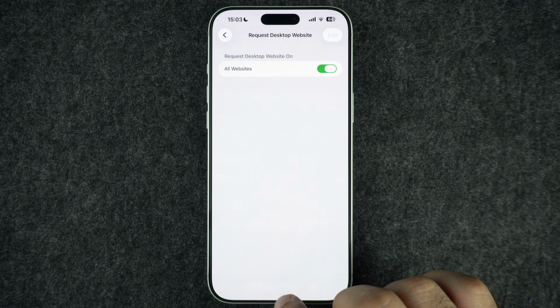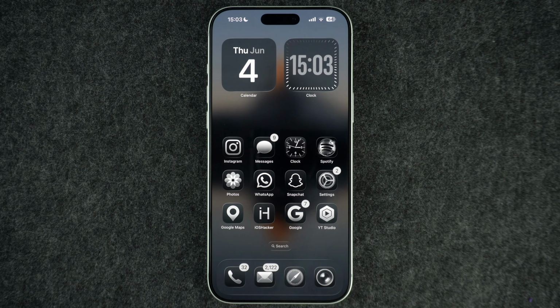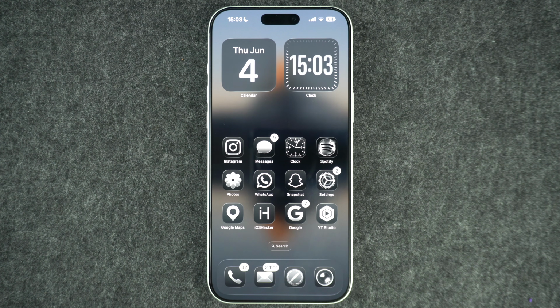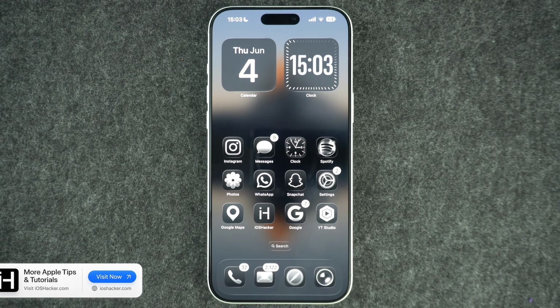So why would you use Request Desktop Website on iPhone? Well, desktop websites often provide additional features that may not be available on mobile versions of websites. This can be useful for accessing advanced settings, managing accounts, editing documents, or using web applications that don't function properly